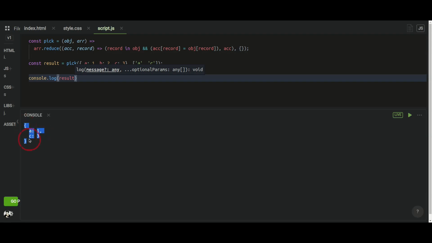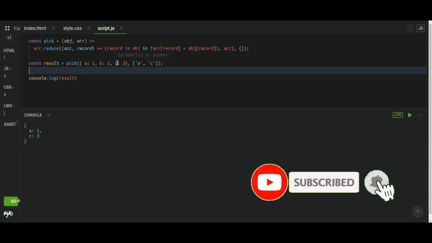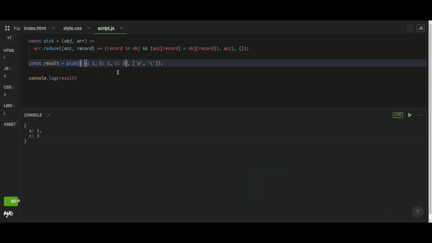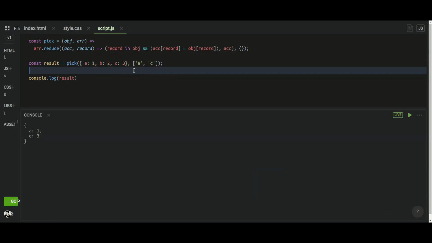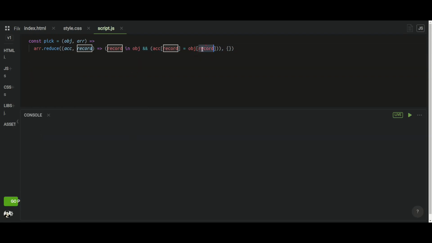Now suppose you have passed a key which is not included in the object, right? I would like the function to not throw an exception, because it would terminate my flow. So let's pass one false key. I'll pass just x, because x is not included in the whole object.